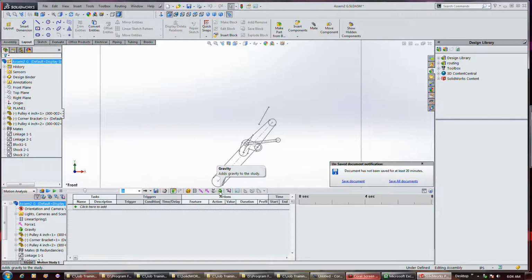You got contact mates, gravity, which we've used. Those are the basic types in here. I don't know what an animation wizard is, because I just finished that series from those guys, and I tell you, he really didn't cover much, honestly. Like I said, I still don't know what most of this stuff is. Filter animated, so I don't know what these are all about. And I do know